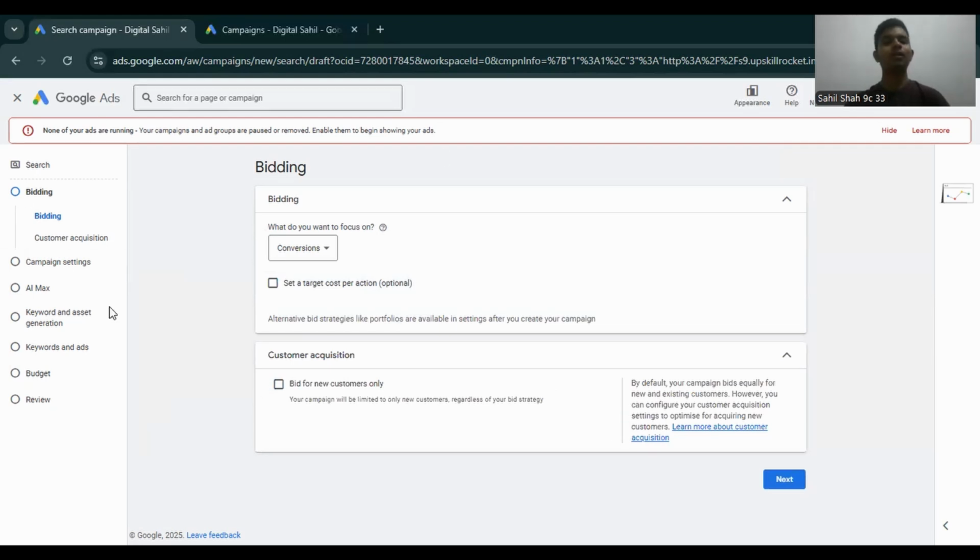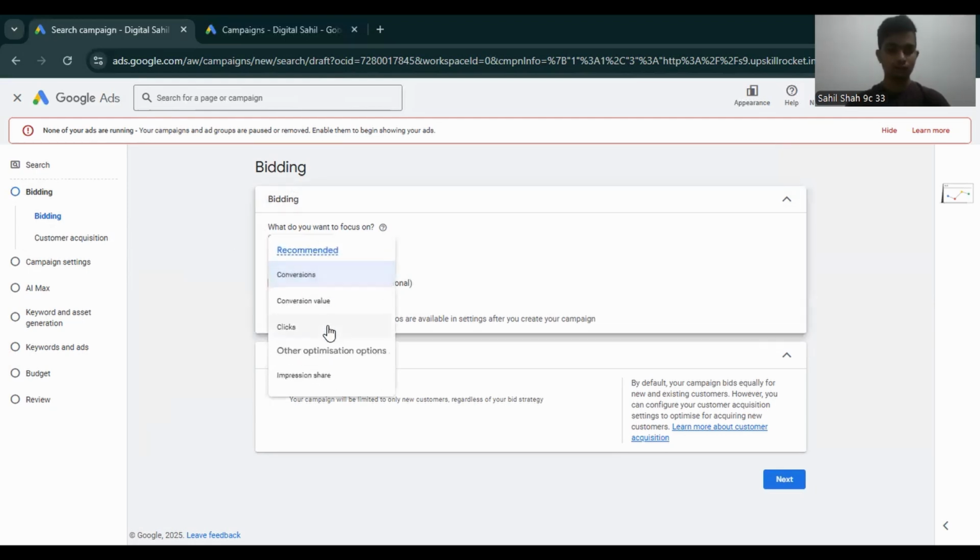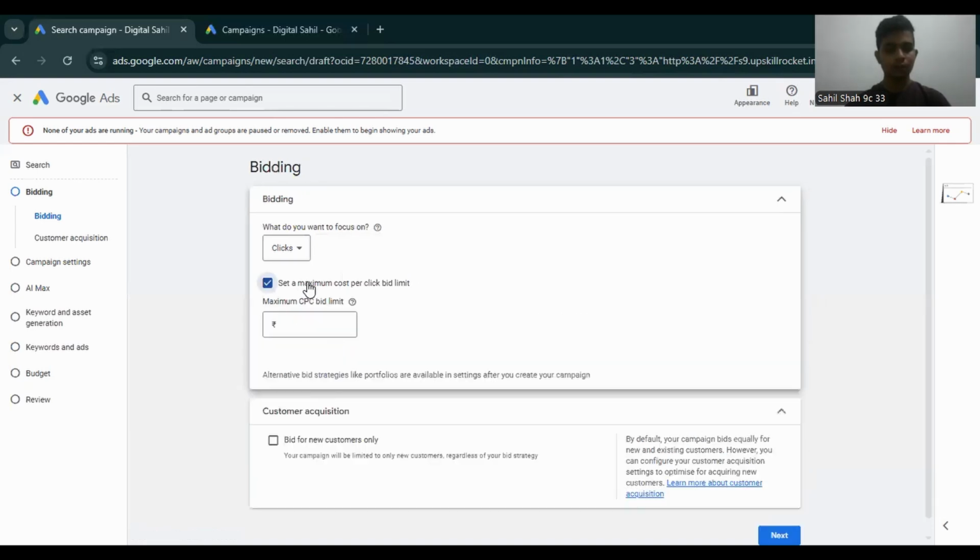So now in this dashboard, you can see the first step is bidding. So I'm just going to convert this bidding into clicks, and now you have to set up the minimum cost per click. The cost per click refers to when a person clicks on your link and how much money is going from your pocket. So to calculate cost per click, you have to just